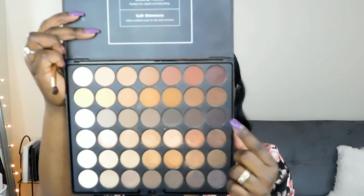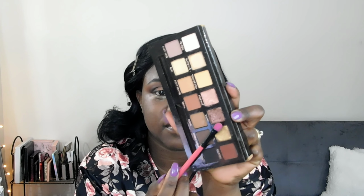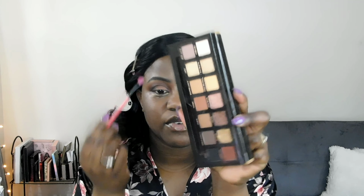And I'm going to take this dark brown. I'm going to use it on the outer V area of the eye. Alright, so for my lid space, I'm going to go ahead and take the shade Sultry. And I'm going to